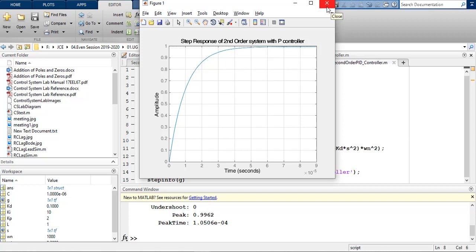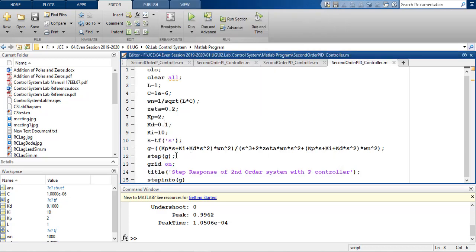So you can see the different effects of changing the different parameters of the controllers. The theory behind this will be dealt with in the class. So as of now, you have to do the experiments. So you can go on changing the different values of Kp, Ki, and Kd, and see the result. You can compare with the normal transfer function.